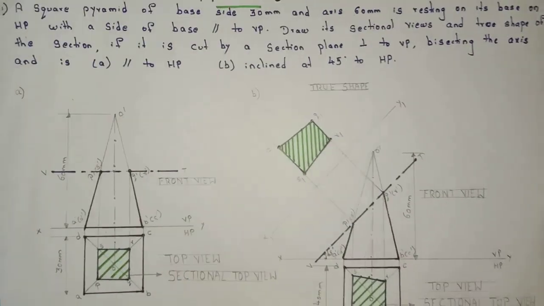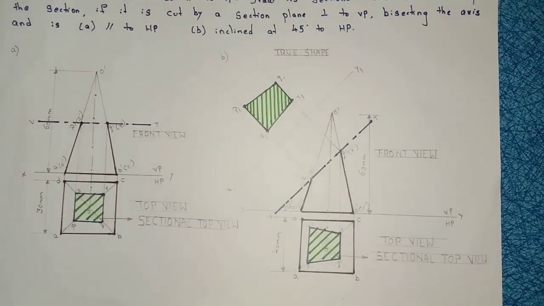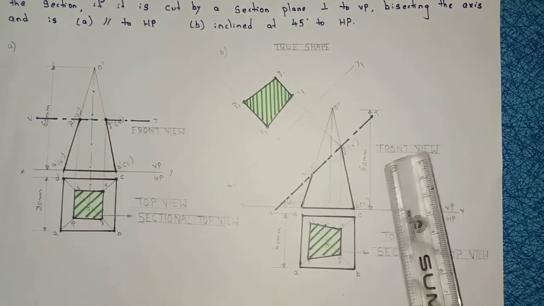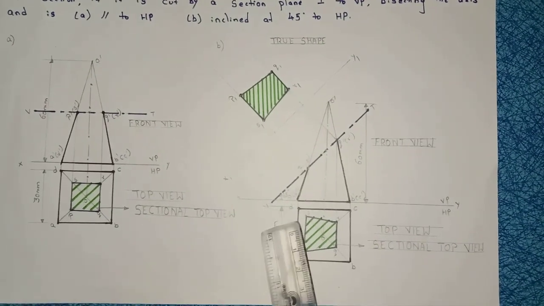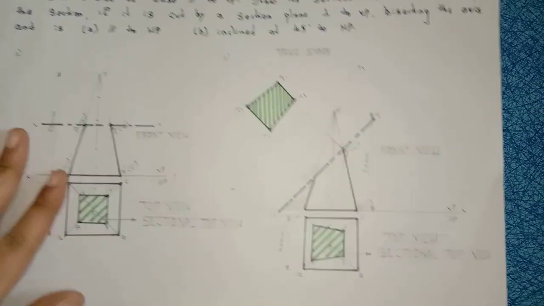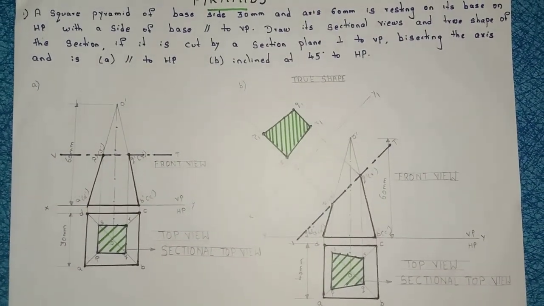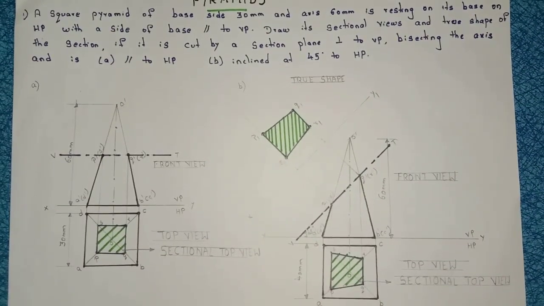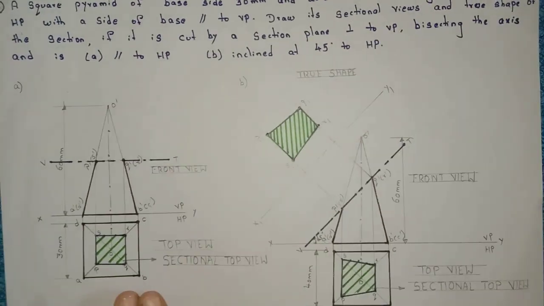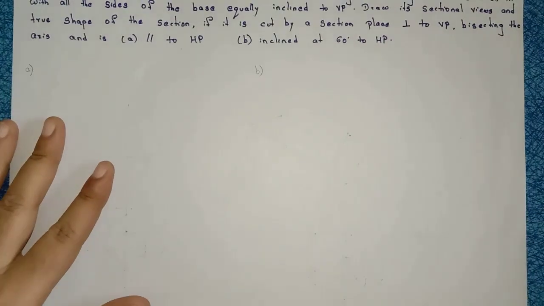Right, so this is your problem number 1. In problem number 1, in A bit the sectional plane is parallel to HP, and in B bit the sectional plane is inclined 45 degrees to HP, right? So whatever portion we are removing here, that portion should be in light manner, remaining total portion should be in dark manner, right? So let us see the next one. Same process, same method.